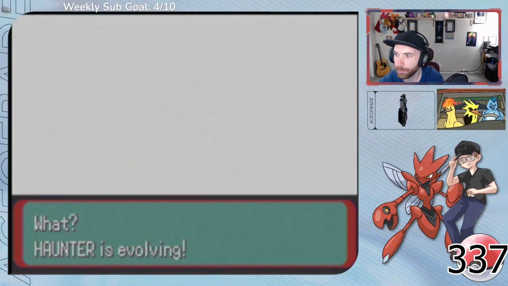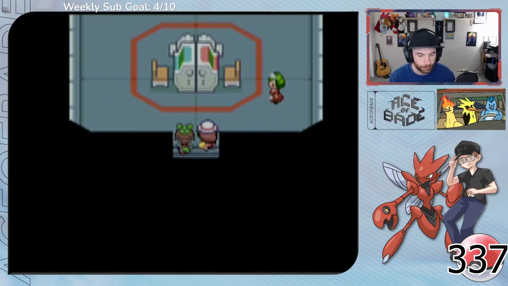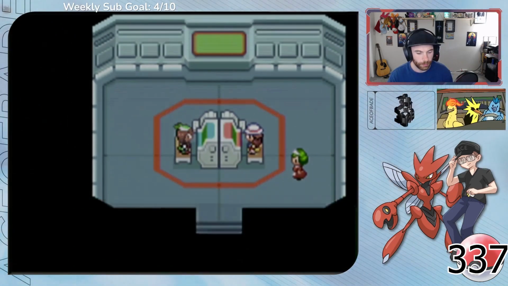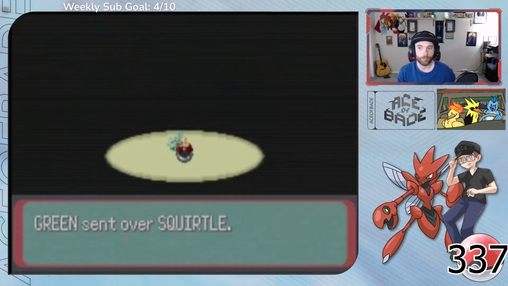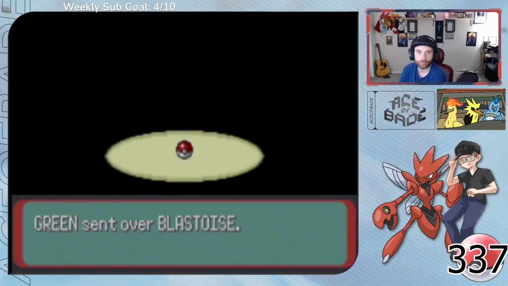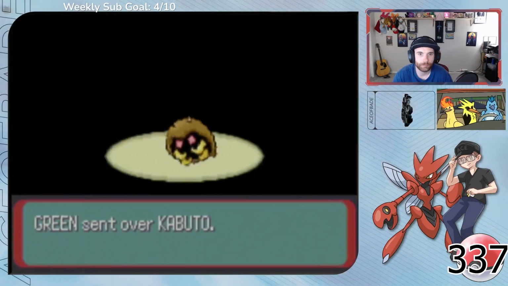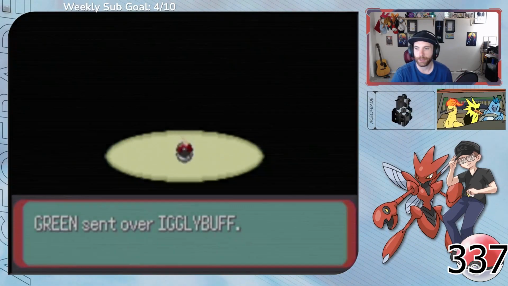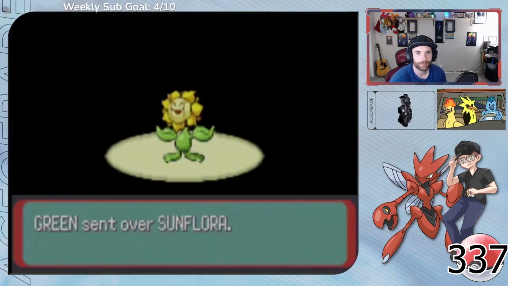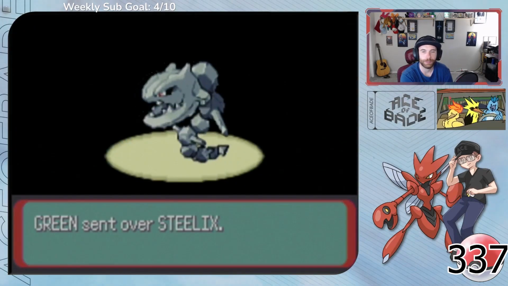After all of the trading, we're still about 40 Pokemon short. So how do we get those? Well, as it turns out, another player was nice enough to trade over the last of the Pokemon that we needed, including Charmander, Charmeleon, Charizard, Squirtle, Wartortle, Blastoise, Slowpoke, Slowbro, Bellsprout, Victreebel, Kabuto, Kabutops, Pichu, Igglybuff, Sunflora, Bellossom, Slowking, Steelix,